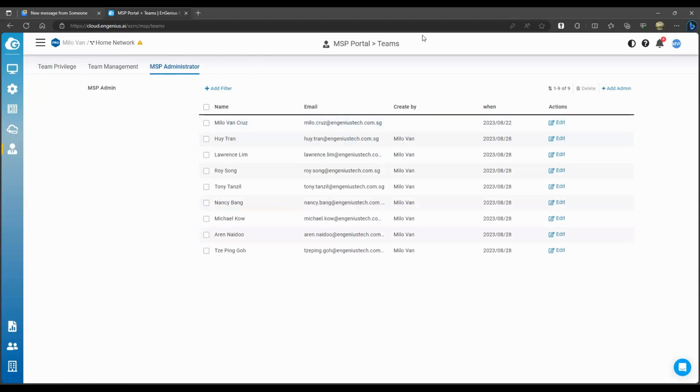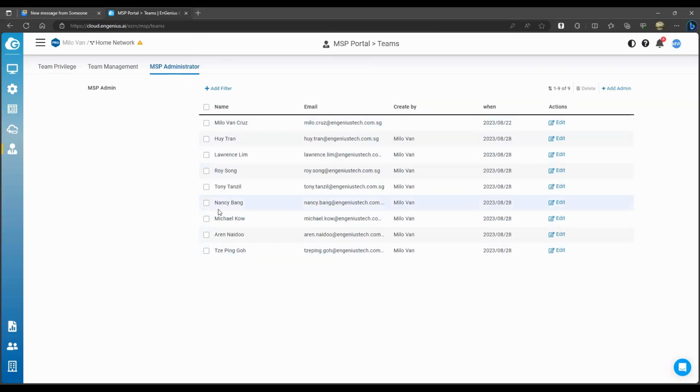So in terms of licensing for MSP portal, we require an MSP license. I don't have the pricing yet right now, unfortunately, but we'll roll this out maybe next month in terms of the price. But the MSP license is a bit different from our pro license. You just need one MSP license per company. And there's no limit on how many clients you can add here, how many staff members you can add